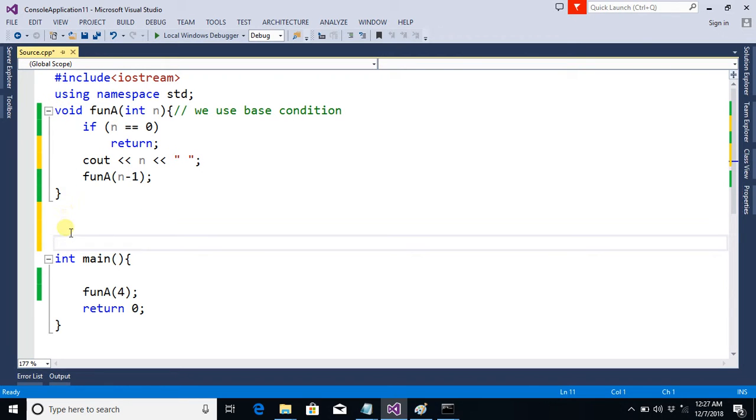As you know, functions are called using the concept of a stack. The function calls are pushed into the stack and then popped from the stack. And you know, a stack is a LIFO, last in first out mechanism. So here's the stack. First of all, control will come into the main function. The main function will be called. Then this main function will in turn call function a with 4.